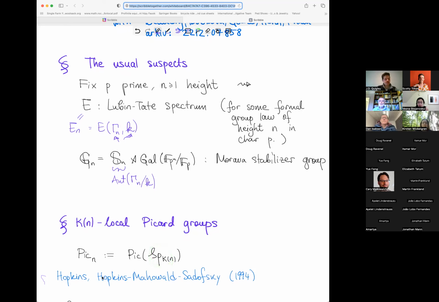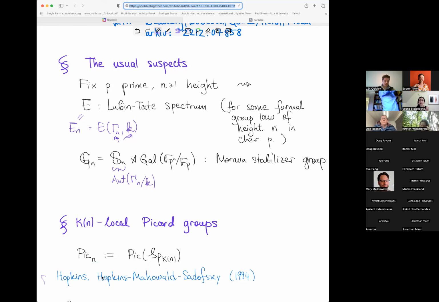It is symmetric monoidal, with the tensor product being the Kn-localized smash product of spectra. And the Picard group of this thing is actually quite rich. Unlike the Picard group of the category of spectra, as we talked about in the pre-talk, where there were only the spheres,